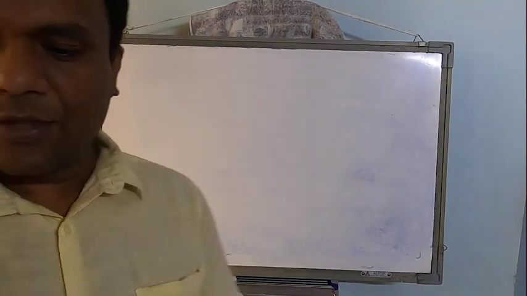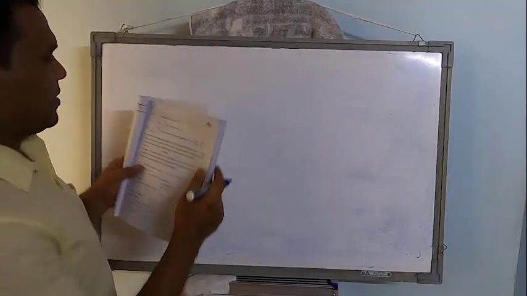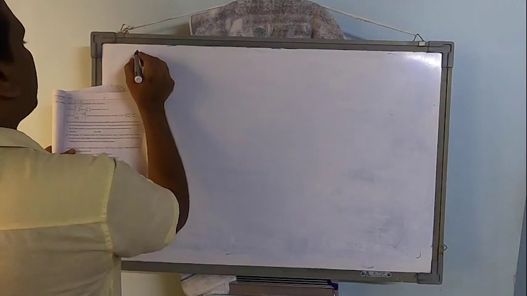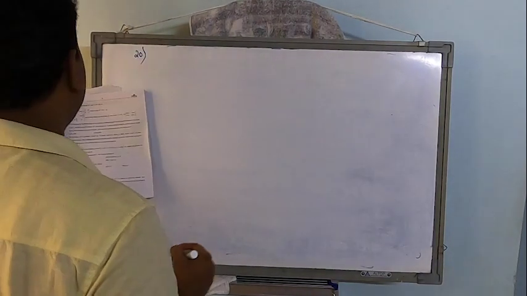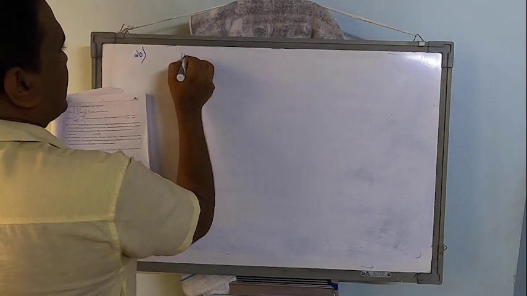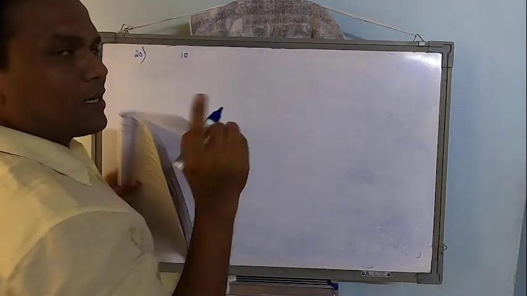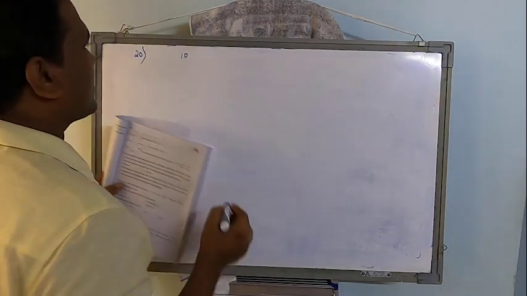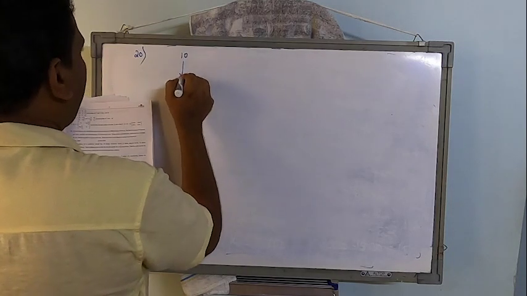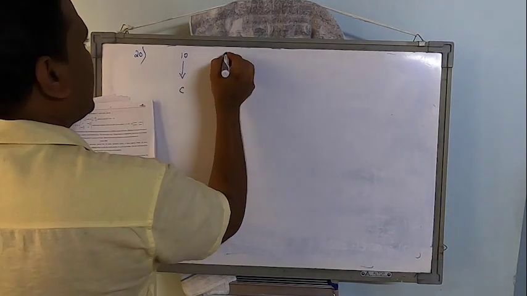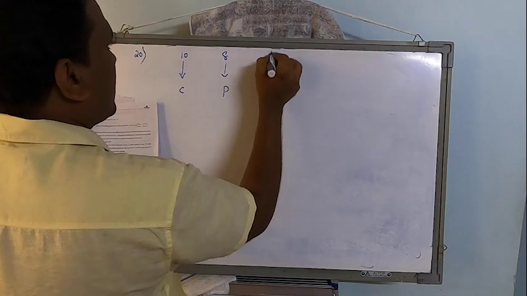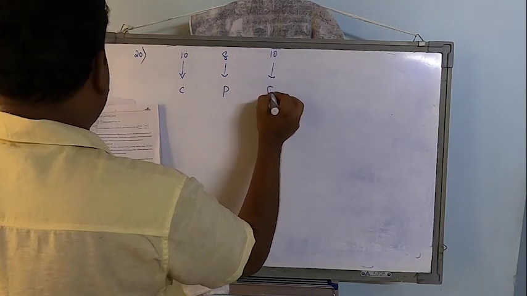Problem number 19 is done, so let's move to the next. Problem number 20. A bookshop is there. It has 10 dozens. 1 dozen is 12, remember, I hope everyone knows actually. So 10 dozens of what? 10 dozens of chemistry, 8 dozens of physics, and 10 dozens of economics books.